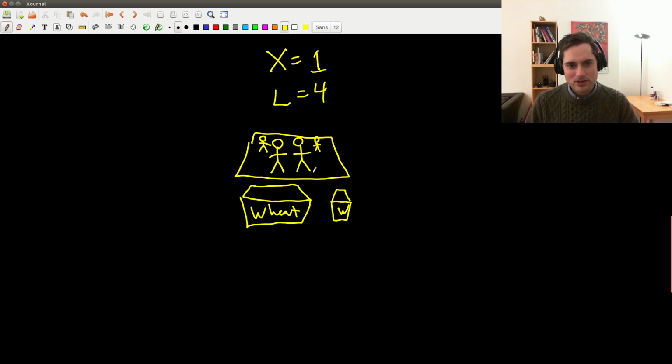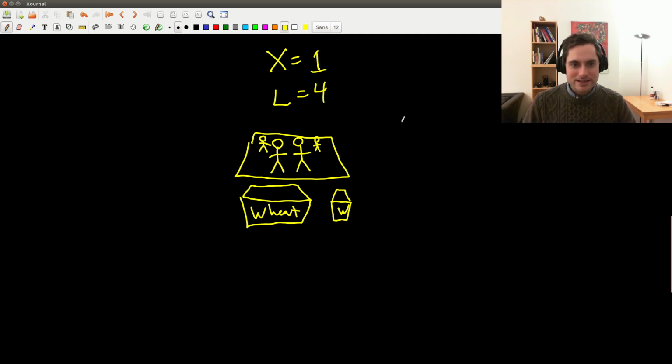So the idea here is that the output of 1 additional worker, fixing the amount of land, is going to be decreasing as we increase the number of workers. This is a very reasonable idea to me. If you think about my favorite analogy, cake, if we double the amount of inputs, double the eggs, double the flour, double the time, we can get twice as much cake. But if we only double some of the inputs, we're not going to get twice as much cake. Okay,